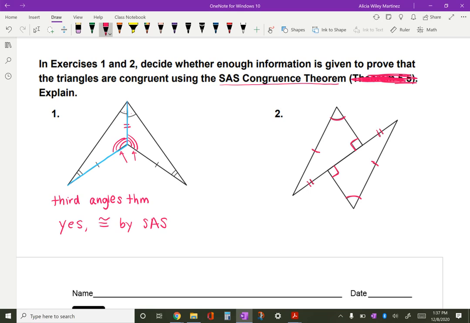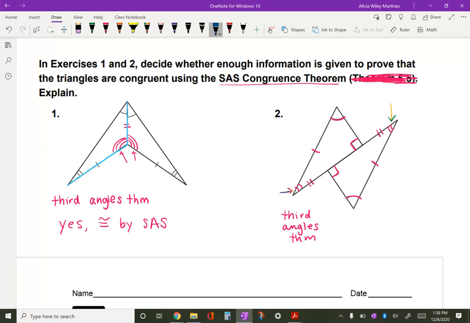And because of the third angles theorem, I can state that the third angle of each of these triangles is also congruent. So just going and marking my picture like crazy, right? So you can see again that this angle right here, this angle here, and this angle here, those happen to be the included angle of our two congruent sides. So our two congruent sides